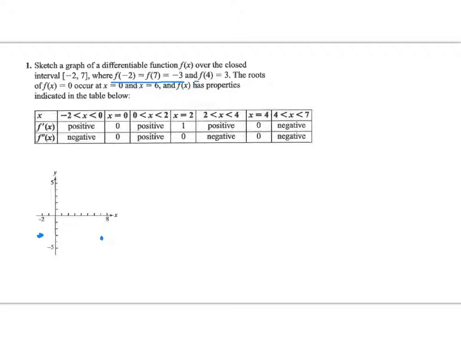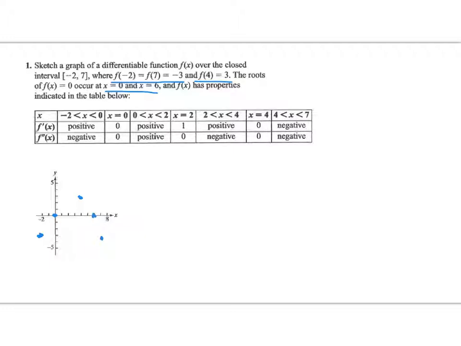And then it says f of 4 equals 3. So at f of 4, I'm at +3. So I'm plotting the points they give me. Then it says the roots of f of x equals 0 occur at x equals 0 and x equals 6. So there's two more points I have at x equals 0 and x equals 6. So I've plotted all the points they've given me, and now they gave me this table showing me